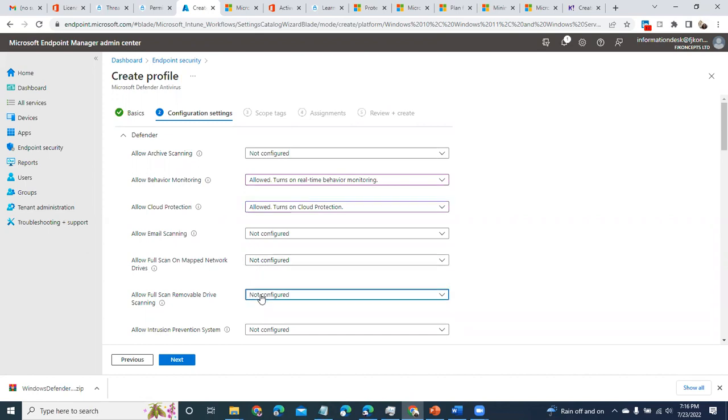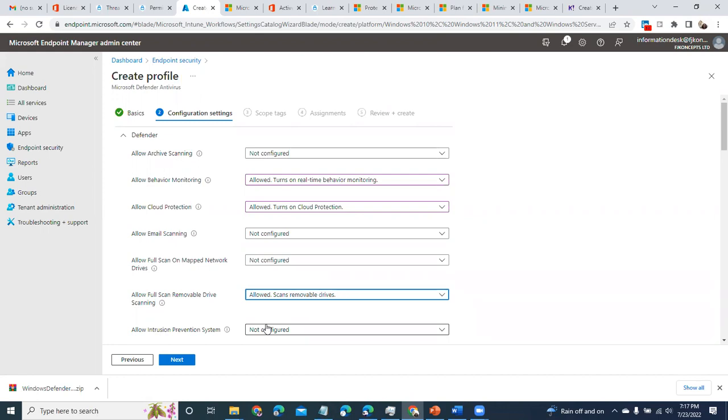Scan removable drives, definitely. Once a USB is plugged into a system, it should scan. Already by default, many organizations have a policy that disables USB, but there are people with exceptions, right? And you will agree with me that most of the time, the people that have USB exceptions are either senior people or IT people with high privilege. IT people who are administrators on their systems. So you can imagine an administrator taking a USB, hidden, and you don't have this enabled, and he plugs it in and autorun runs.